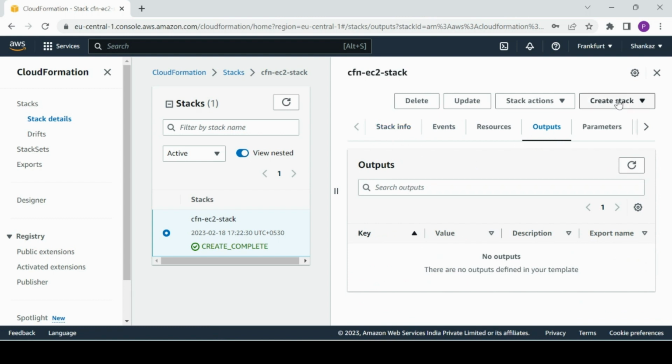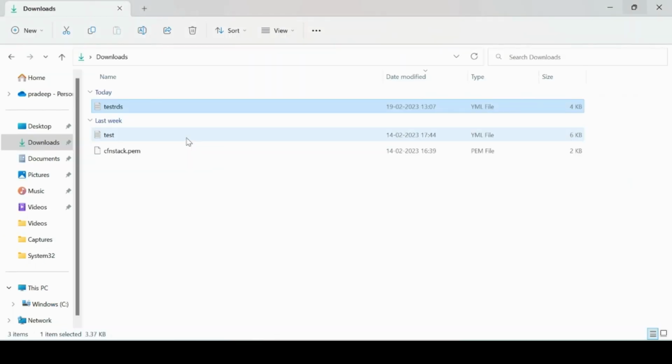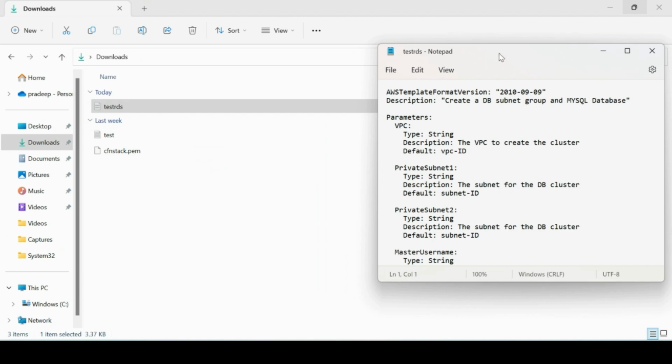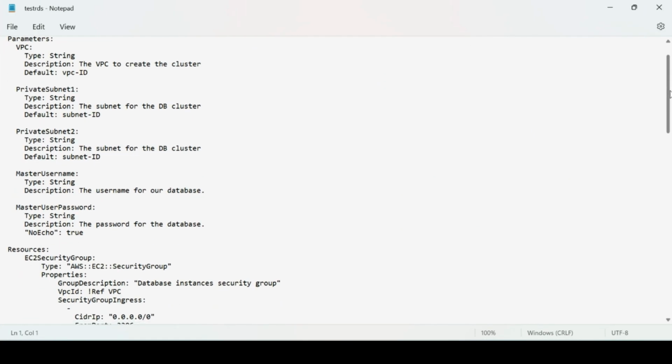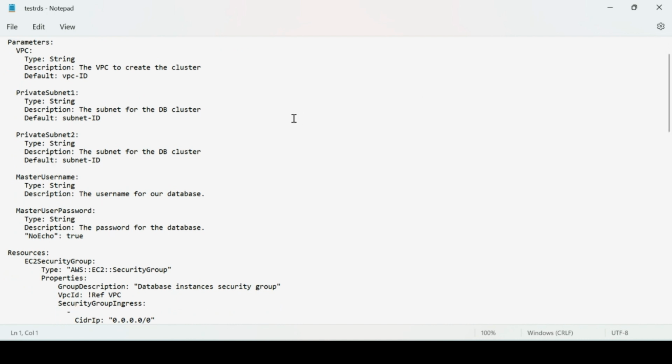So I'm gonna create one RDS stack, but before I do that, I would walk you through what my RDS YAML file says. It consists of a few things, like we went through in our last video, with what parameters and resources are. So parameters is something where you would be asking for VPC, private subnet 2, and the reason why I've mentioned this is because I am going to use the same